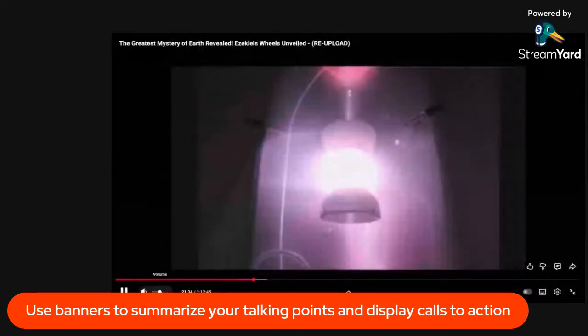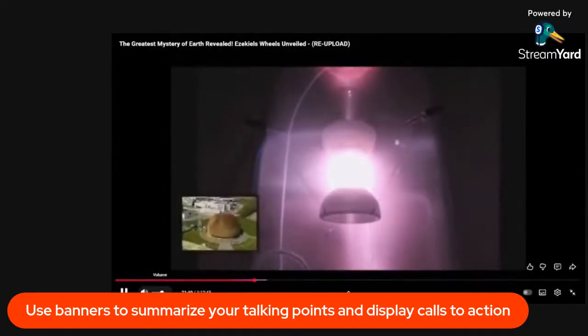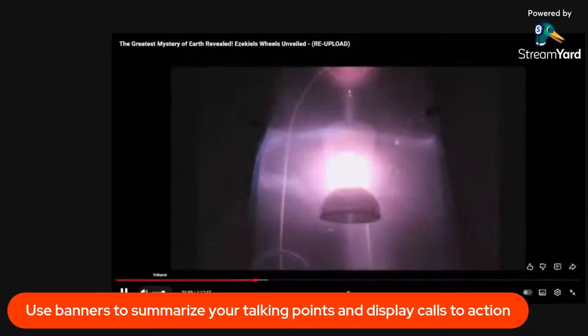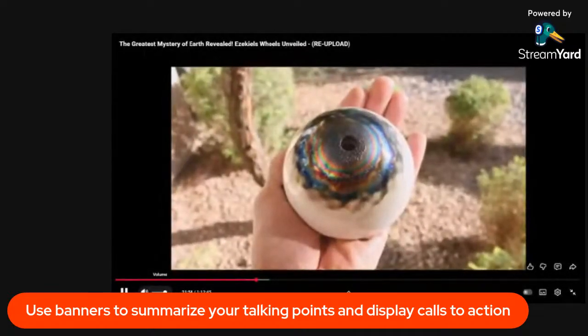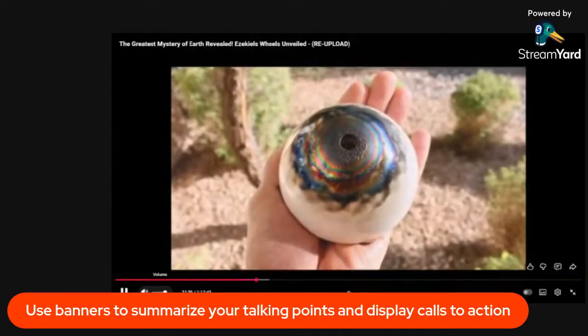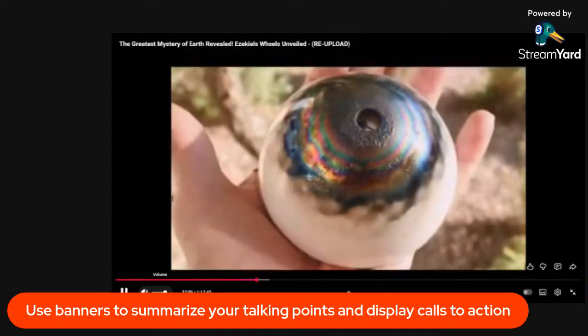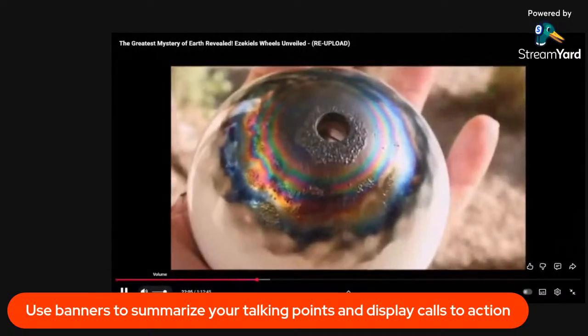Not only did these CERN bowls form a spherical shape at the center of the reaction, but they also formed a disk of plasma around the nucleus, as well as ejection jets along the axis. After running the experiments for a few days with the CERN bowls, they were removed from the vacuum chamber and photographed, revealing the patterns you see here. These amazing patterns will also be discussed further in Part 4 of this series of videos.